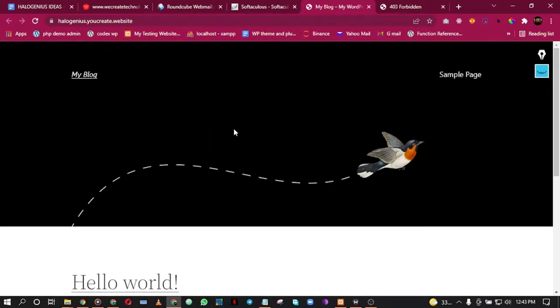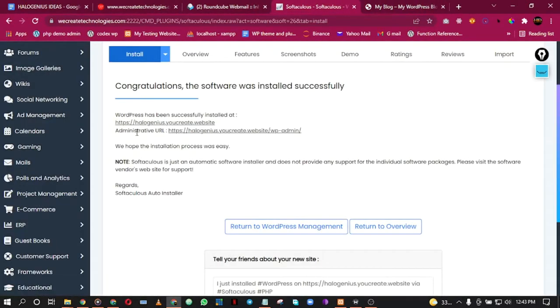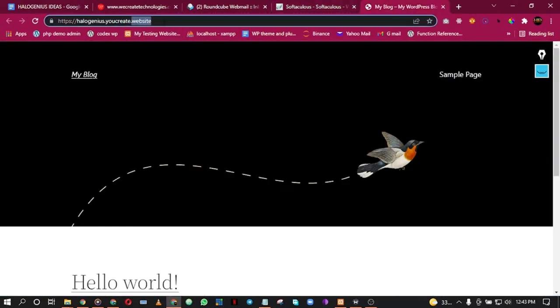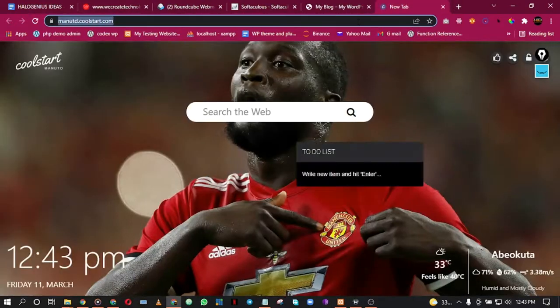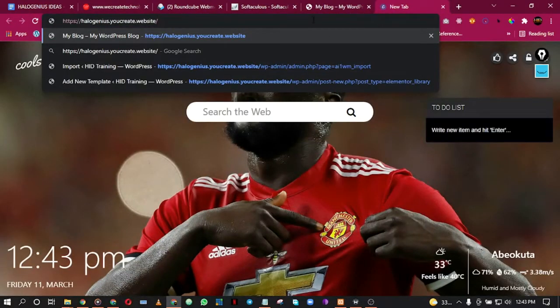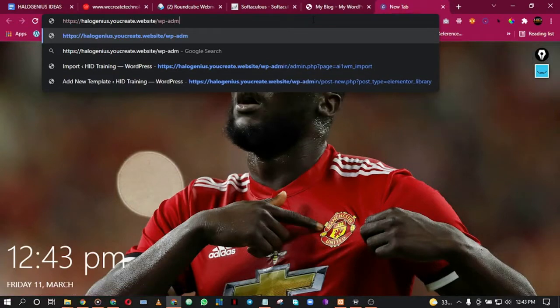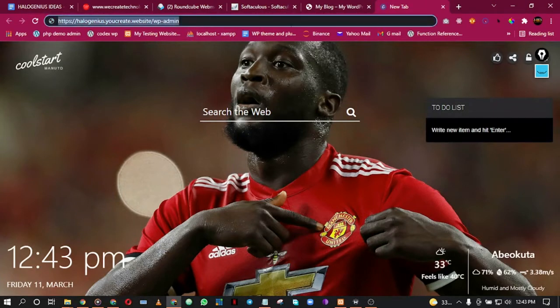So just close this, and this is the administrative URL. Now for every WordPress site, I have this website over here. For you to get to the WordPress admin backend, which is the dashboard, you're going to copy this. You might try to come to a new tab, then you say wp-admin. So if you visit this link, for example,